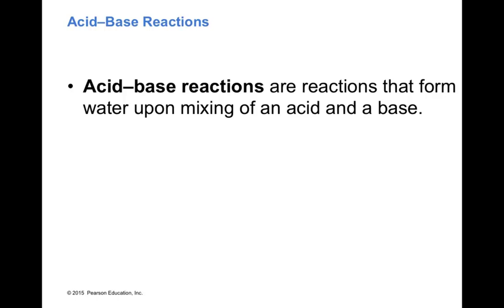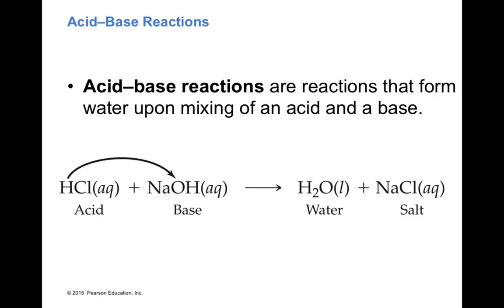So let's talk now about some types of chemical reaction. The first one is known as the acid-base reaction. Acid-base reactions are reactions that form water upon mixing of an acid and a base. In this reaction, we have an acid. Most of the time, you're going to see the acid has a proton, or an H, in front. Acids always start with hydrogen, and the base usually uses the hydroxide,